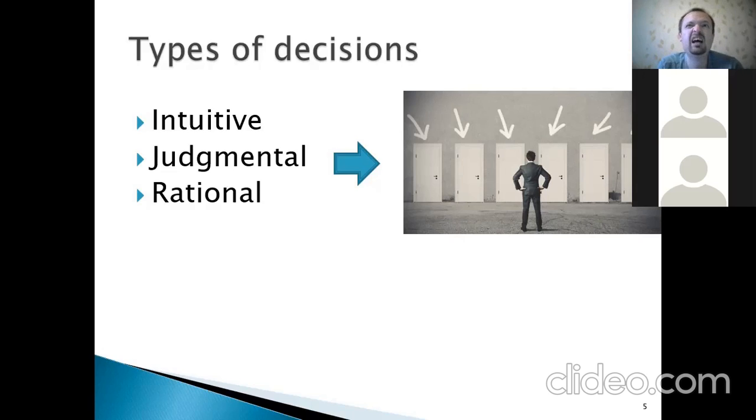So you will analyze the possible ways, and anyway your decision will be taken on the basis of the analysis. An intuitive decision, for example, is not based on the result of analysis. You just like it, and that's all. But a judgmental decision is also not based on the result of the analysis. It is also possible to make some decisions